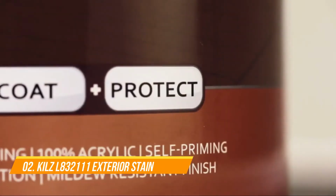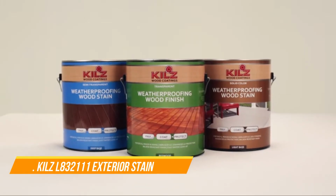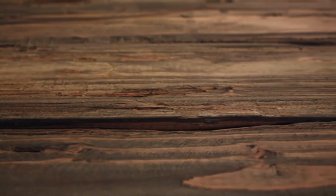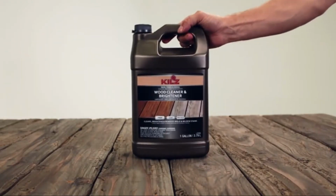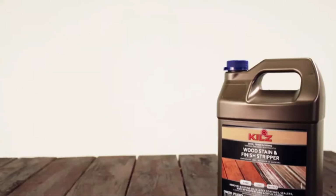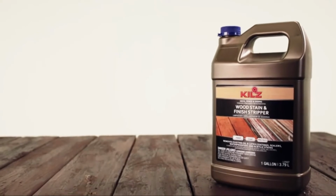Prep, coat, and protect wood with KILZ wood stains in a range of nature-inspired colors. Nothing brings out the beauty of wood like KILZ wood stain. But to do it right, you first need to clean your decking with KILZ Wood Cleaner and Brightener. For previously treated decks, you may also need KILZ Stain and Finish Stripper as well, to make sure you're starting